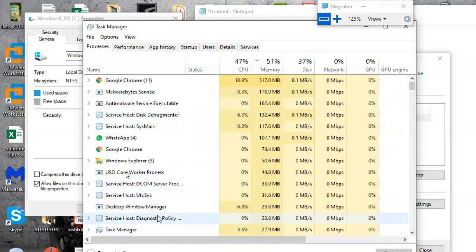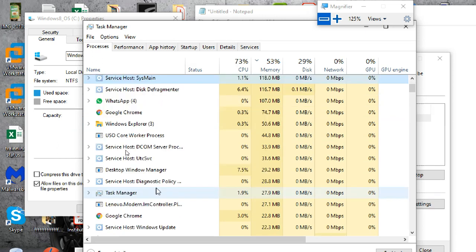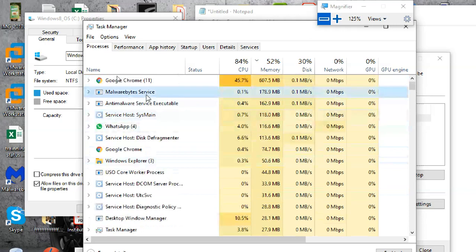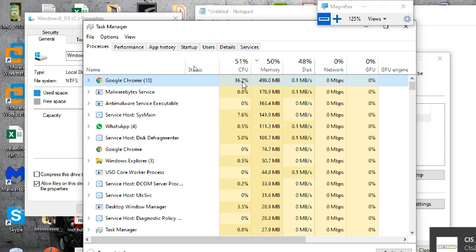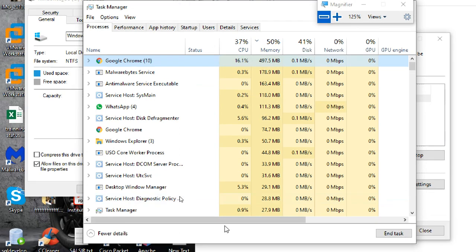Now, see, disk defragmentation is running, Malwarebytes is running, and my Google Chrome is running. Google Chrome itself is taking around 20%, and memory is also occupying this much.